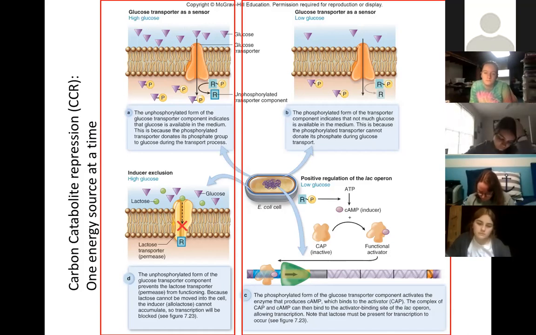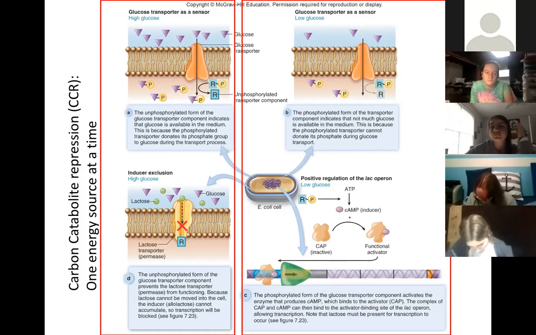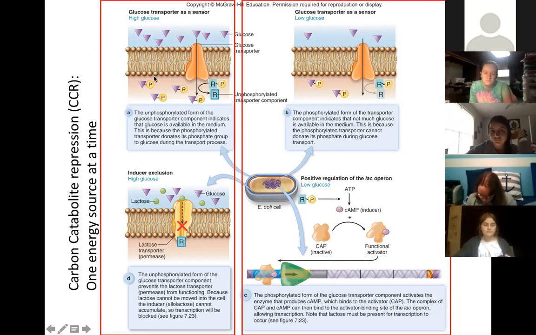Now we could get more specific, and I think Dr. Chrisman does in his class, with specific enzymatic names for these. I am looking for an understanding more of the overall process, and so calling it a transporter component is totally fine. And what you see here is this transporter component has a phosphate group on it. As glucose enters, it donates its phosphate group to glucose, so you get glucose 6-phosphate.